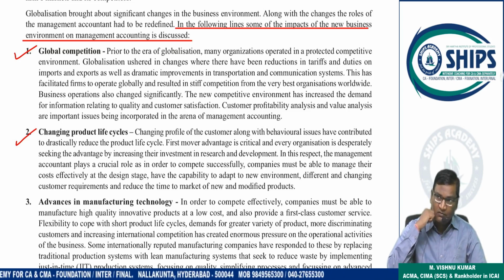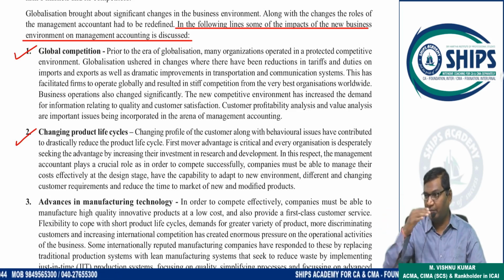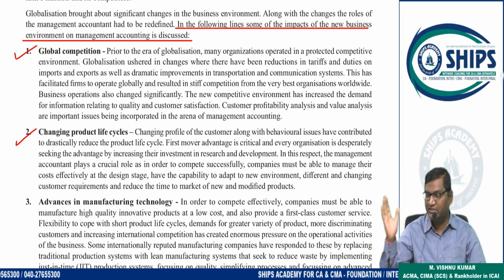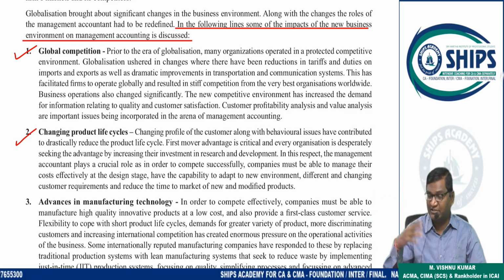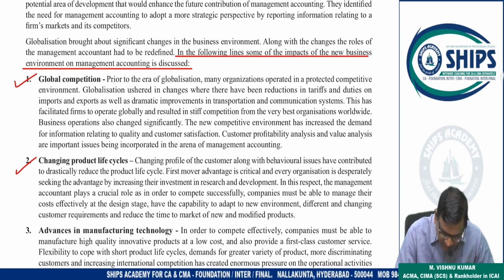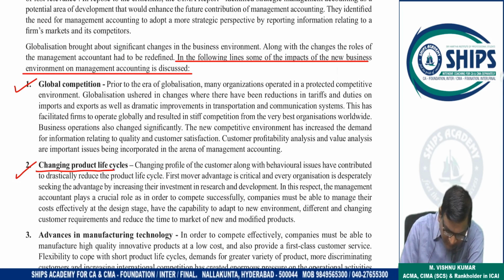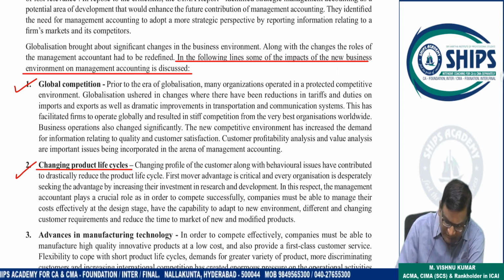Like Jio. Starting revenue is what? Almost zero. Free of cost they offered. But right now revenue is very high. Clear? So that is what? Product life cycle. For every product they will prepare a product life cycle. According to that cycle, they will estimate the revenues. And according to that, they will plan and make the strategies. So that is called product life cycle.